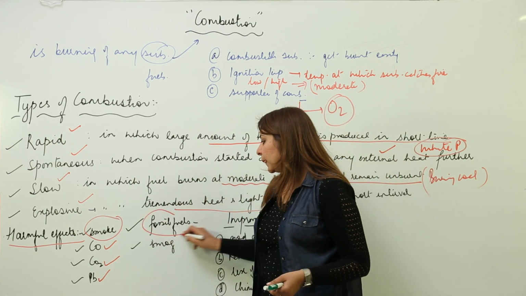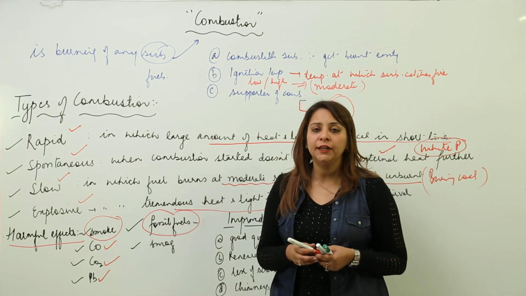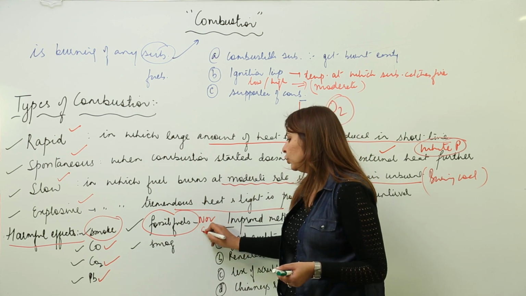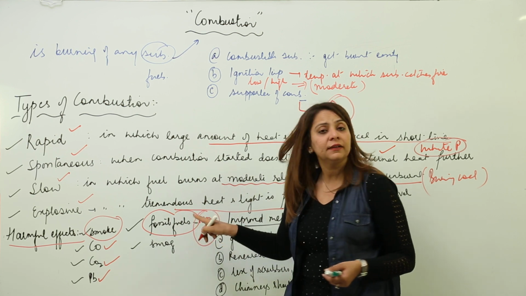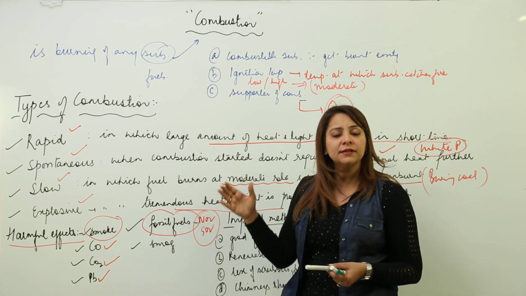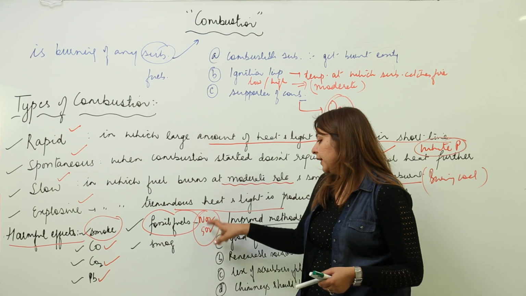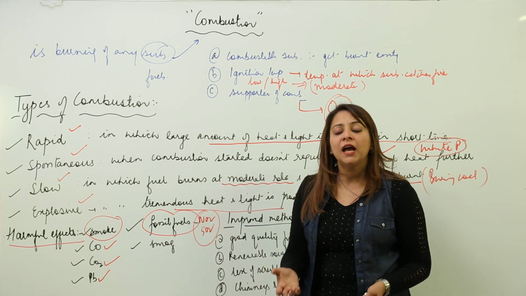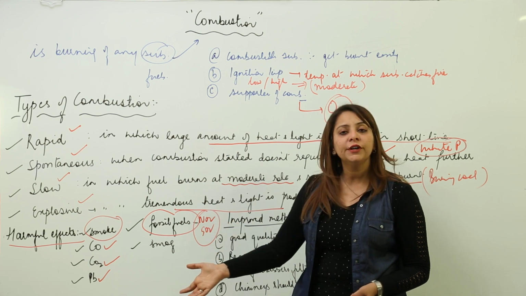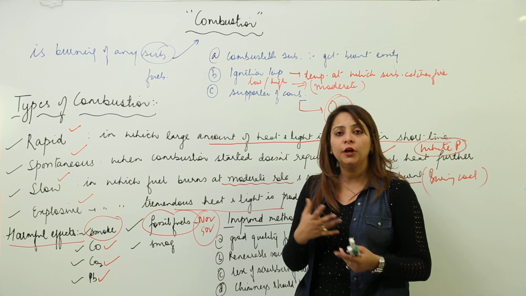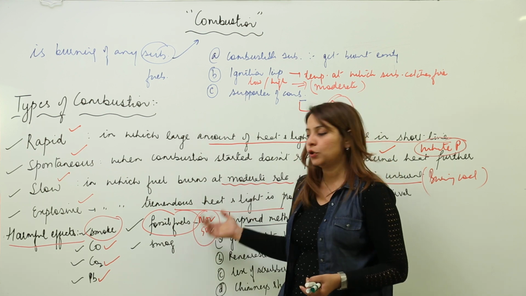Fossil fuels. When you burn fossil fuels, then obviously there are certain oxides which get liberated, like NO2 and SO2, and you know that these oxides are the major cause of acid rain. This we have already discussed in the pollution chapter also. And you know that acid rain is harmful as it can destroy the crops, and it can cause monument cancer also. So a lot of things are involved in this case also.